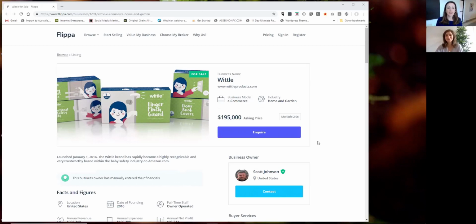Fantastic. All right. So if someone wants to find out more, what should they do? Yep. So if you go onto Flipper and you search by e-commerce stores, you'll be able to find Whittle. And once you're on here, if you just click to contact the buyer, or if you click inquire, you can follow through the process to make an offer. If there's anything that you're unsure about, or if you can't get a hold of the seller for any reason, you can just reach out directly to